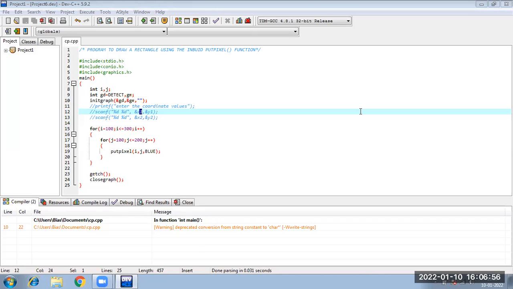Then Anamika Toppo is there. Then Apeksha, Babita, Chandni, Kajal, Keshav, Manish.